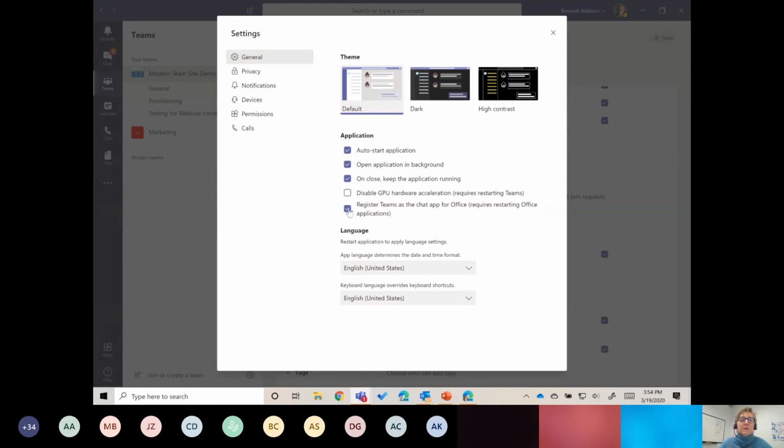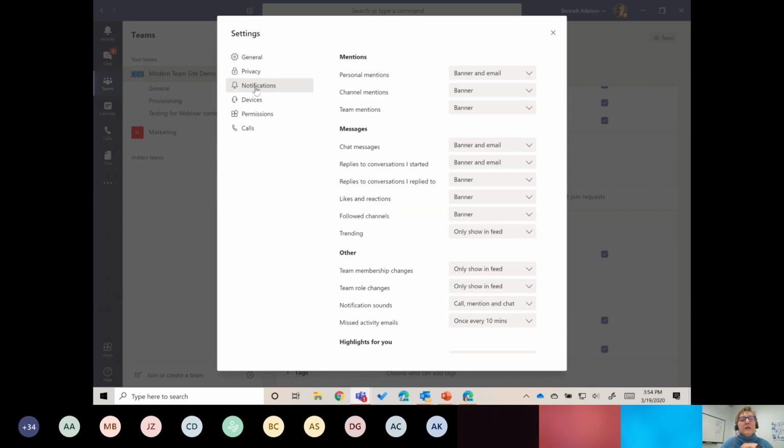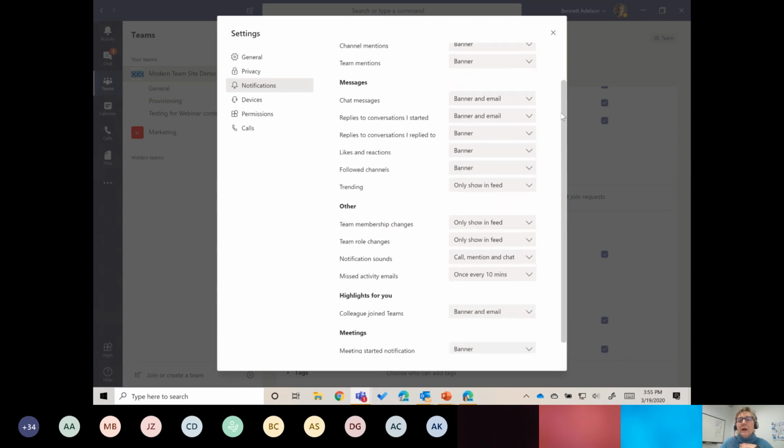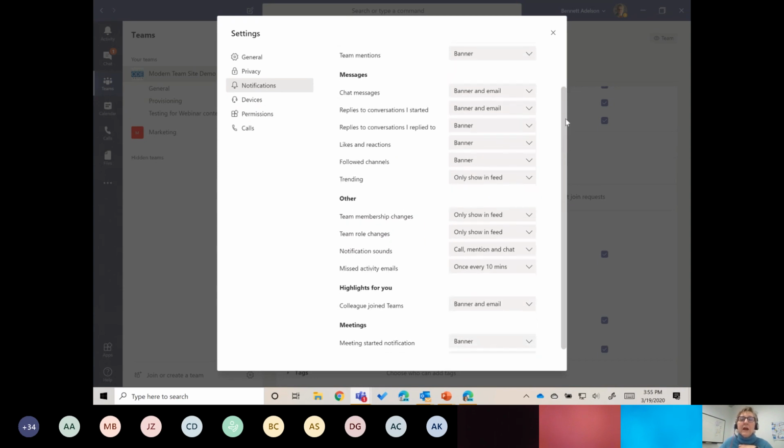And one important thing, I don't know if this happened, nobody mentioned it, so I won't mention it either because we're really running out of time. But this notifications area is worth looking at. This will be set up with some defaults. If you have a very, very active team, one good suggestion is to go in and, by clicking the ellipsis next to channel names, you can choose to follow or not follow channels. And if you do not follow them, then you won't get notifications of activity in those channels. So that can be really helpful.